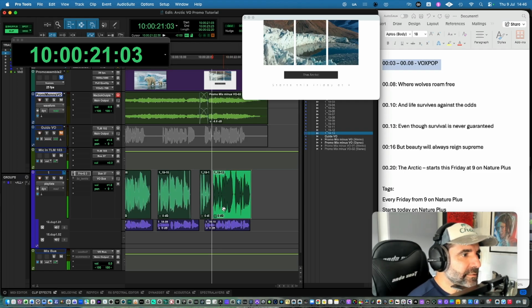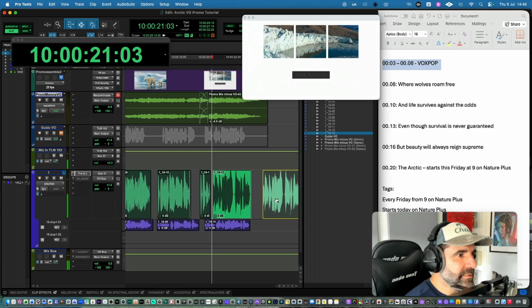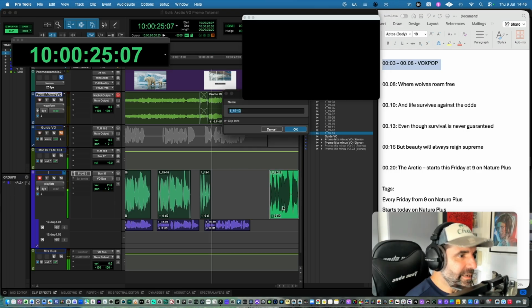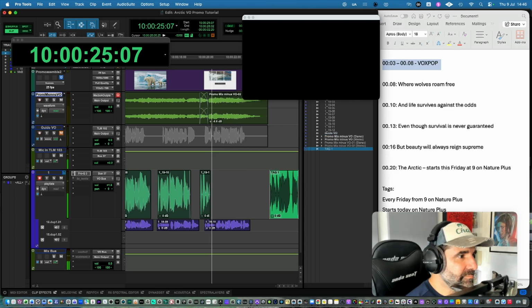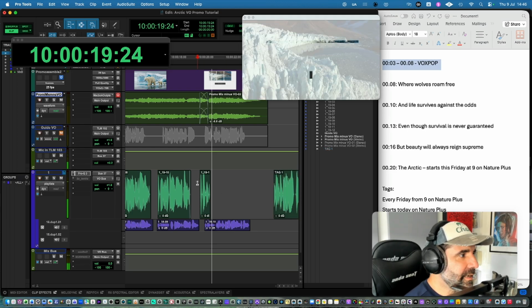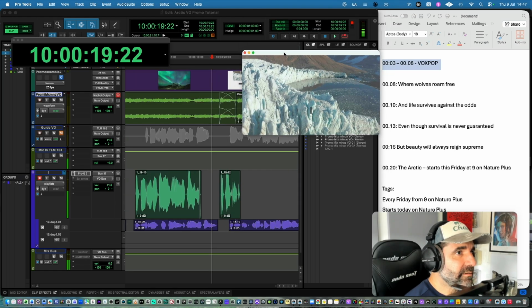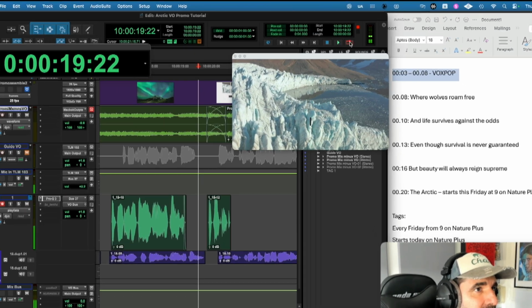So let's just grab that tag and I'm just going to put that at the end here and I'm going to label that tag 1 so we don't get in a mess. And then we're going to do all these tags. I'm going to drop in for each one. And I'm just going to go after the Arctic and I'm going to go every Friday from 9 on Nature Plus for this one. So if I just drag this video thing down here,